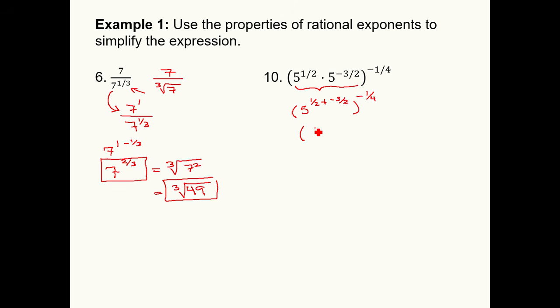Well, if I simplify that exponent, 1/2 plus -3/2 is -1, and that's being raised to the -1/4. Now I can apply my power to a power property of exponents, which means I multiply those together. I could call that a base of 5 to the -1 times -1/4 power, 5 to the +1/4 power. And again, since we started with rational exponents, this is an acceptable simplified answer, but I would get any bit of practice that I can converting that into radical form. The 1/4 power is like the 4th root of 5 to the 1st, or just the 4th root of 5. So either of those are considered simplified.